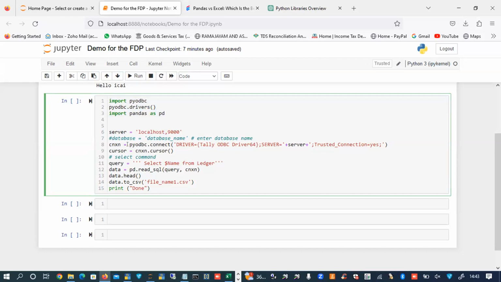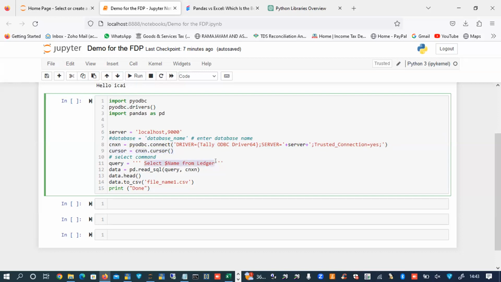Now the connection, that is PyODBC, this particular library has a function called connect, and it takes the name of the driver, including the localhost name, and fixes trusted connection as yes. Now this has been executed at this place with the query as select name from ledger.